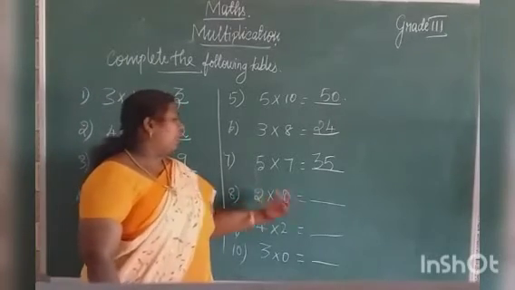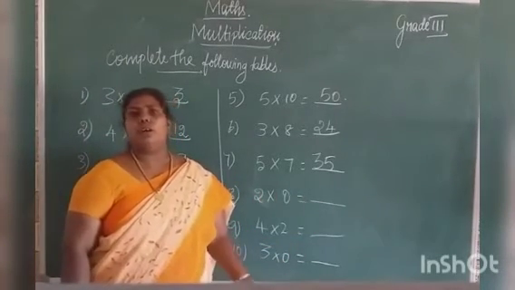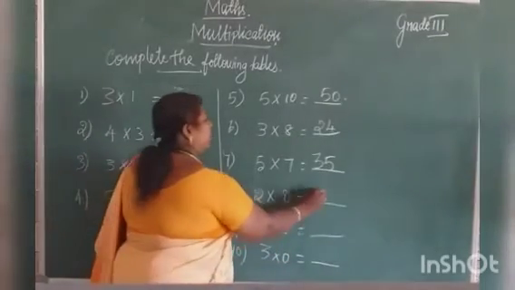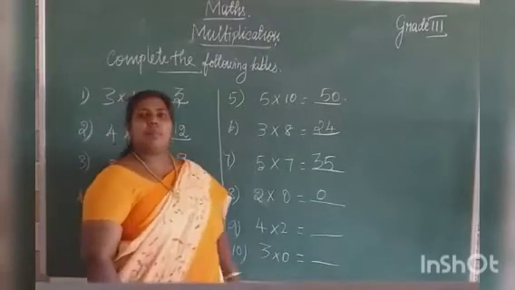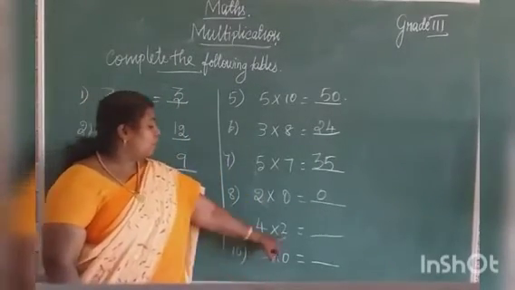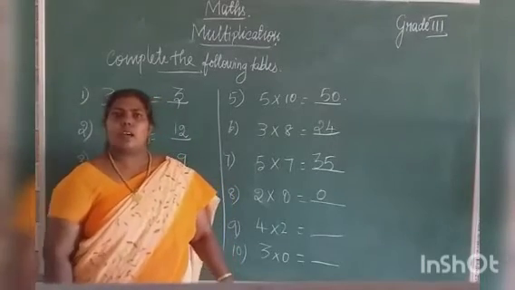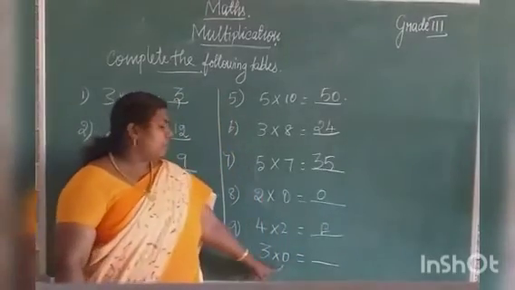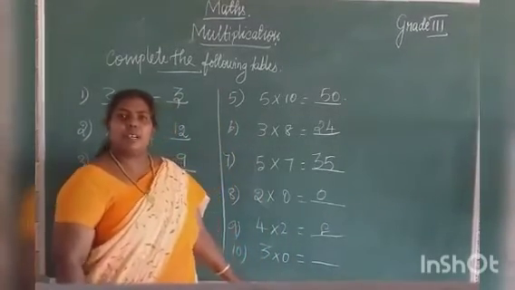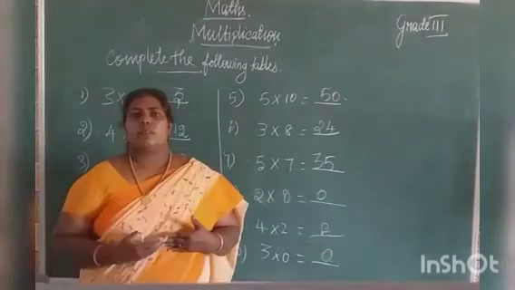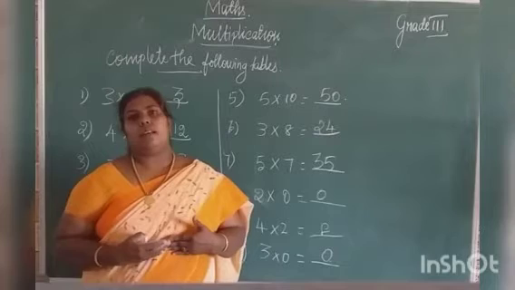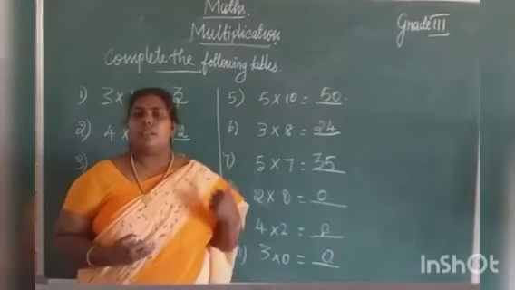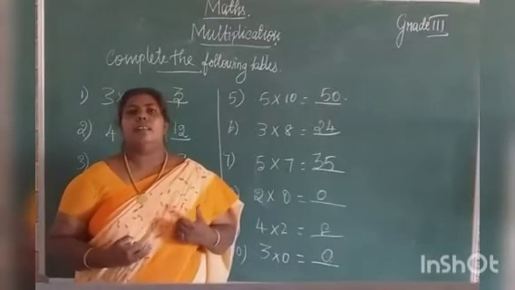Then here check 2 times 0. Any number multiplied by 0, what will we get? The answer is 0. 2 into 0 is 0. Then here which table can we use? The fourth table, 2 times. 1 4 is 4, 2 4s are 8. Then here again 3 times 0. 0 into any number, the answer is 0 only. Children, we should learn the multiplication tables, then only can we do the multiplication part, otherwise we cannot. Please try to learn the 1 to 5 multiplication tables. Do you understand?